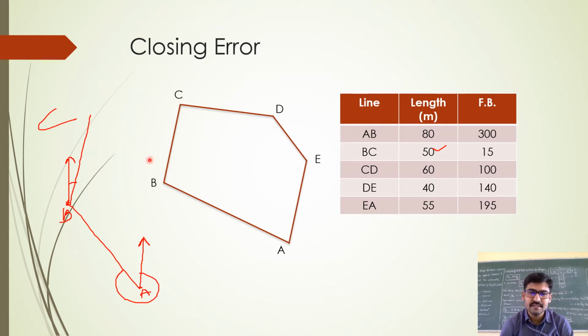You are drawing this on the paper. You have observed this data from your field and you have come across this observation. The same thing is being drawn as this, right? So when you complete the whole diagram, EA should end up joining point A. When you finally draw the last line, that is EA, 55 meters with 195 degrees, it should completely join with point A, isn't it? If it doesn't join, then comes the closing error.